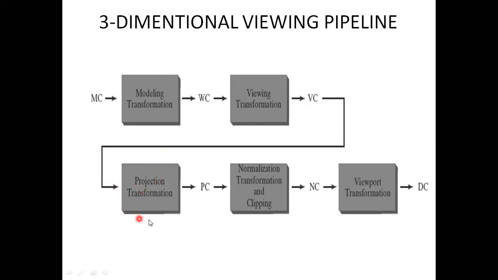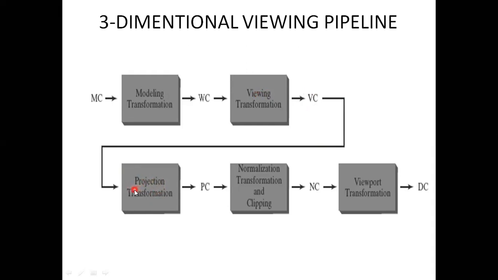What happens in the projection transformation? What is projection? You may have heard the word projecting. Projecting is done with the lens, while viewing transformation is done with the camera. Camera and lens are two different things. The camera will move up and down and you fix it such that everything is clearly visible. Next, in the projection transformation, you try to zoom in or zoom out the object.